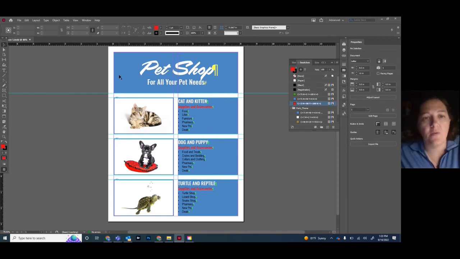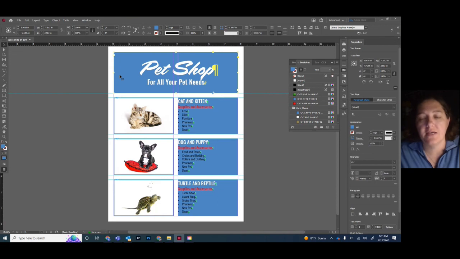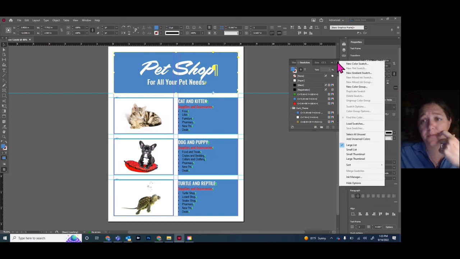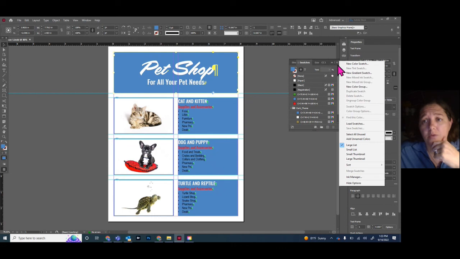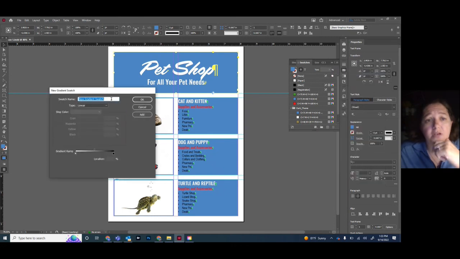For this last step, I want to show you how to create a gradient. What we're going to do is for this box up here, we're going to create a gradient. So you're going to select the box and we're going to come over here to the color panel. Under swatches, we're going to do the little panel and then we're going to do new gradient swatch and you're going to click on that. Now you can name this whatever you want. I'm just going to name it top box so I know where I'm putting it,